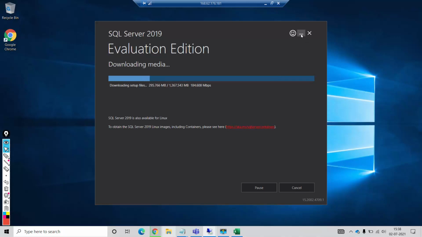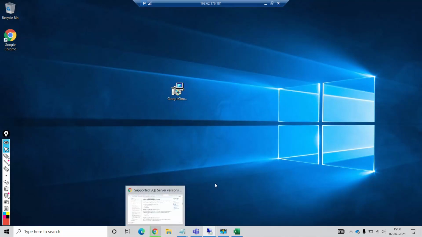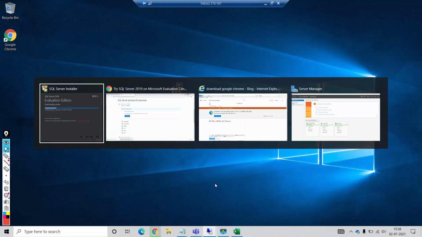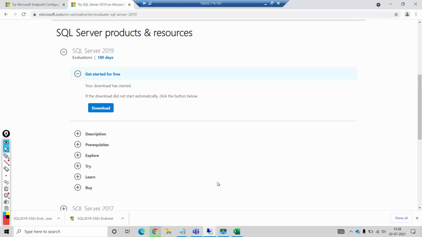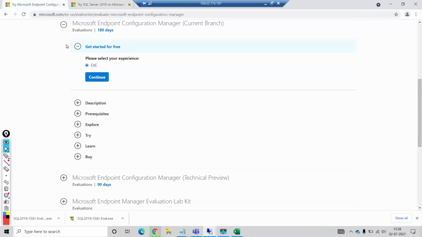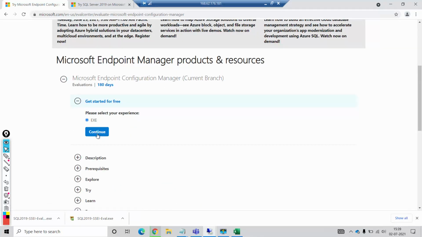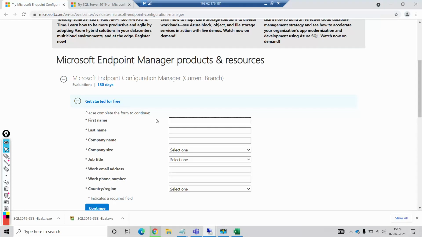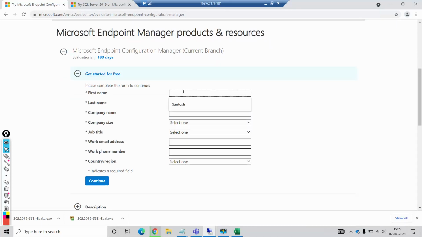Right, so I'll minimize this and I'll open Chrome again, and I'll come to this Microsoft Endpoint Configuration Manager. So I'll select continue. Right, so I'll give the details again.